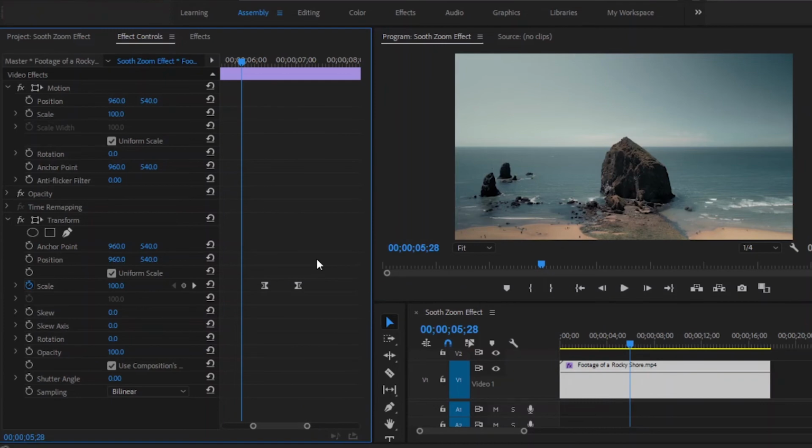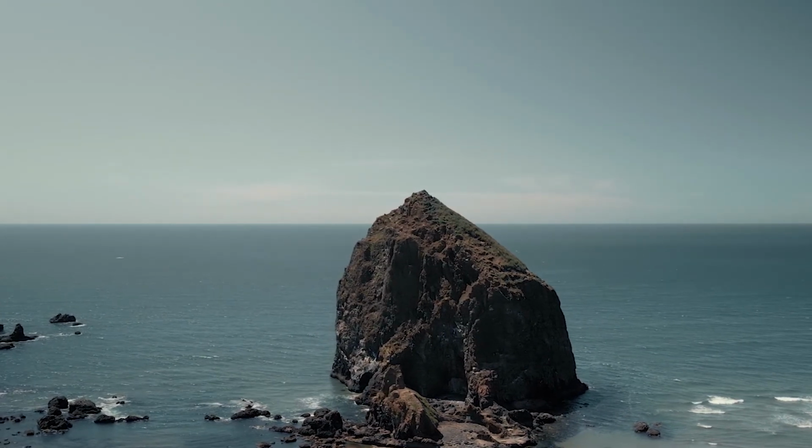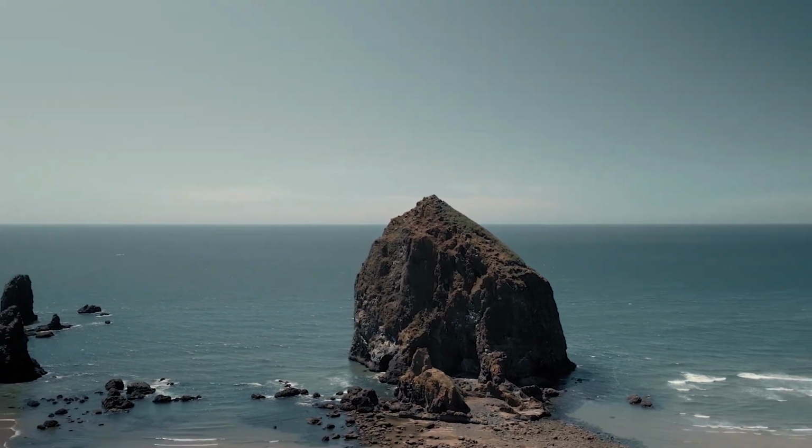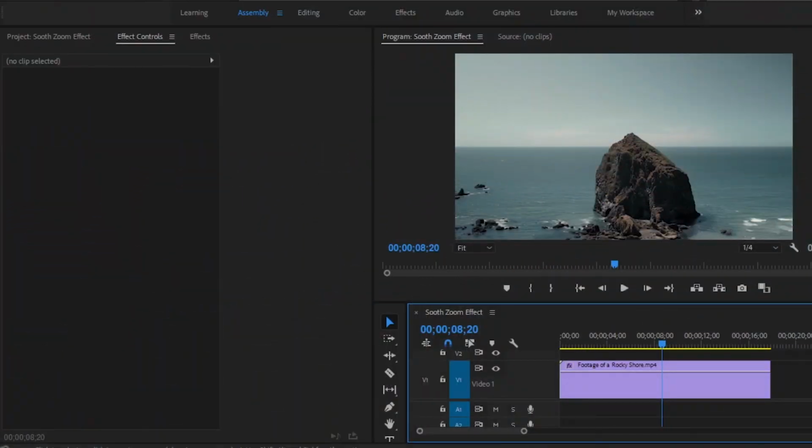Let's preview the zoom effect. Now, you can see that this is a perfect smooth zoom effect. In this way, you can add a smooth zoom effect to any